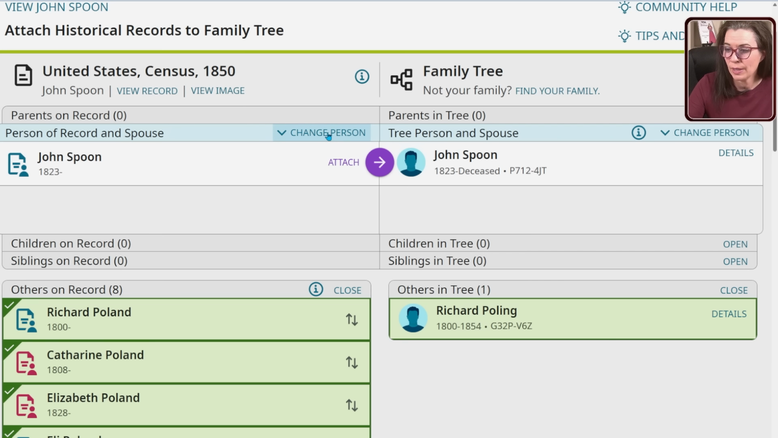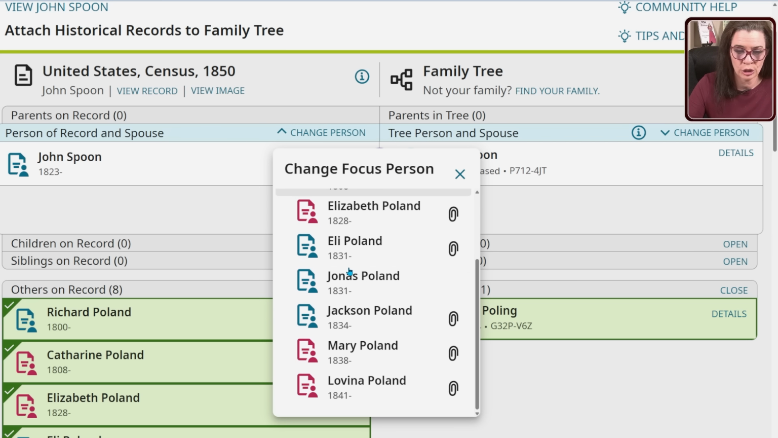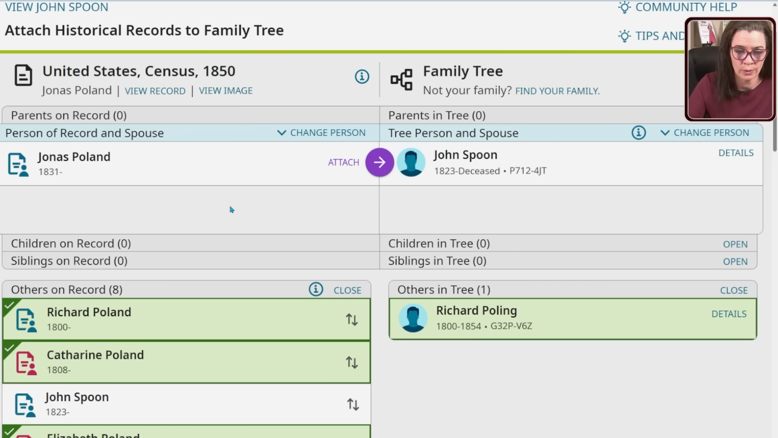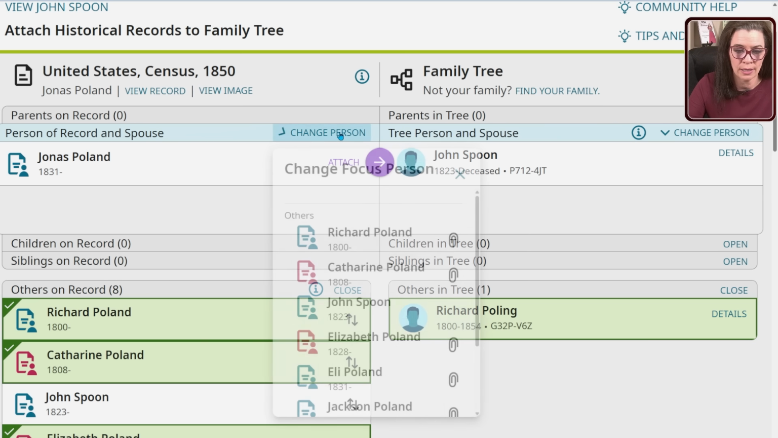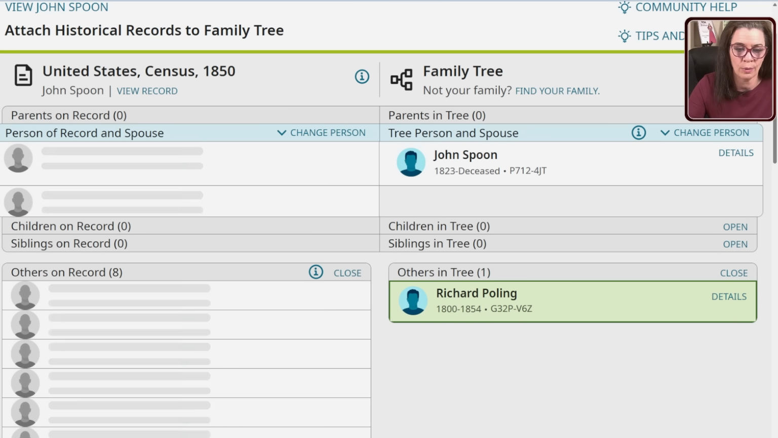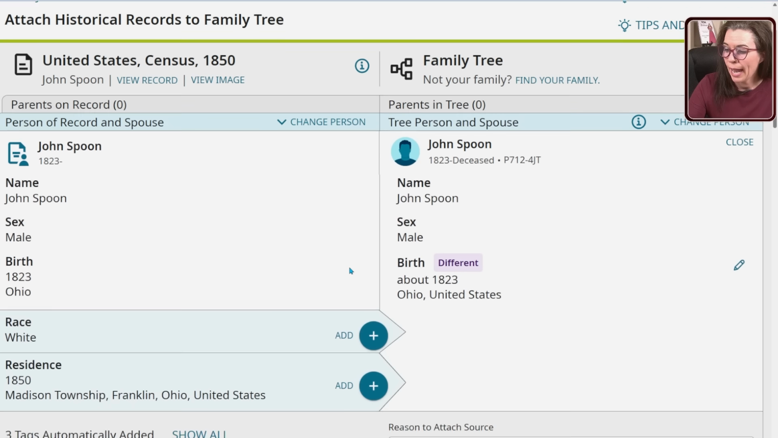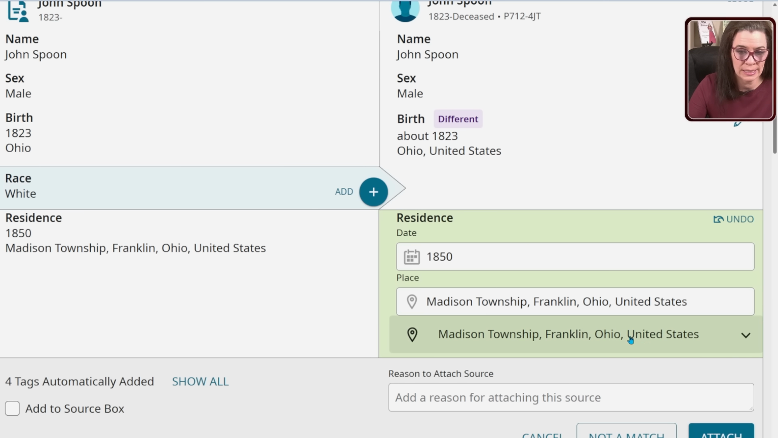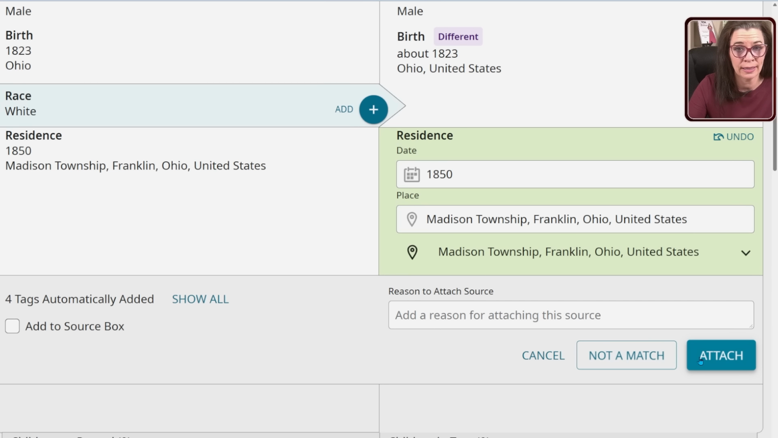If that doesn't happen, then all you have to do is click change person, and let's pretend for a moment that we really wanted Jonas Poland, and then you can go ahead and make that attachment there. But I don't want Jonas, I want John. So I can go through, and now I can bring over the relevant details, fill out a reason statement, and then click attach. So that's the first way that you can attach a non-related person to the FamilySearch family tree, and then add the sources from the research, that live research you're doing, and you can keep building out the